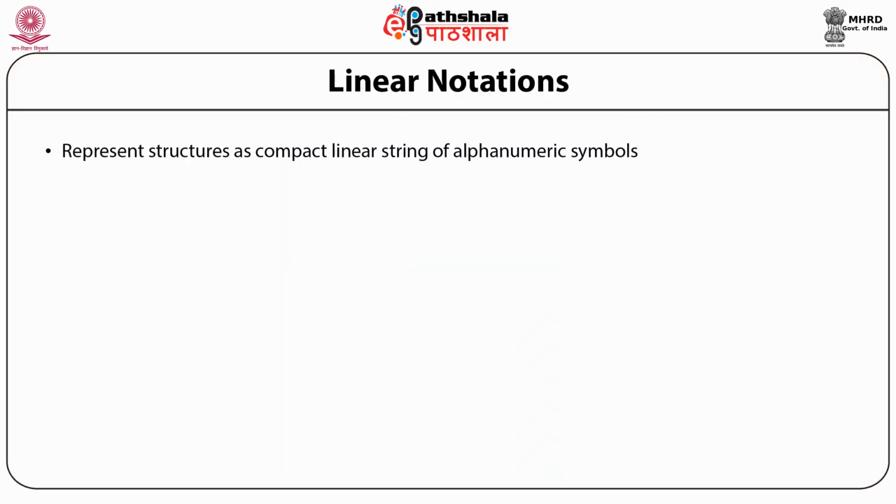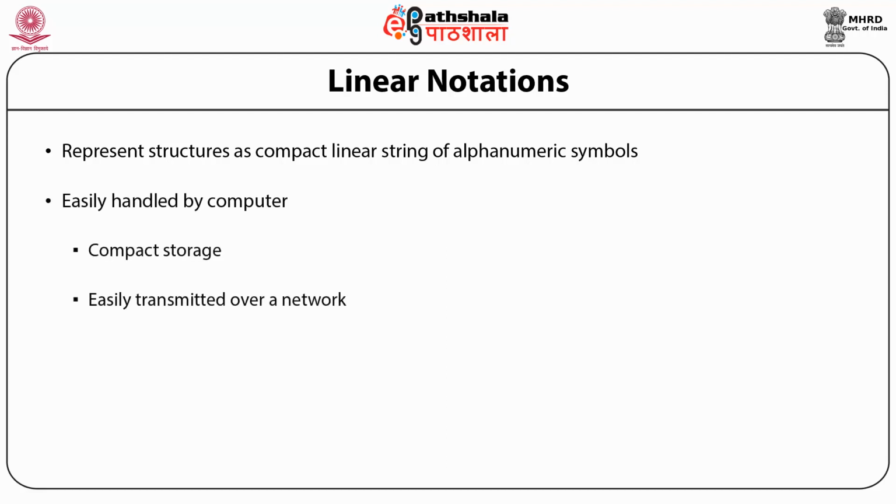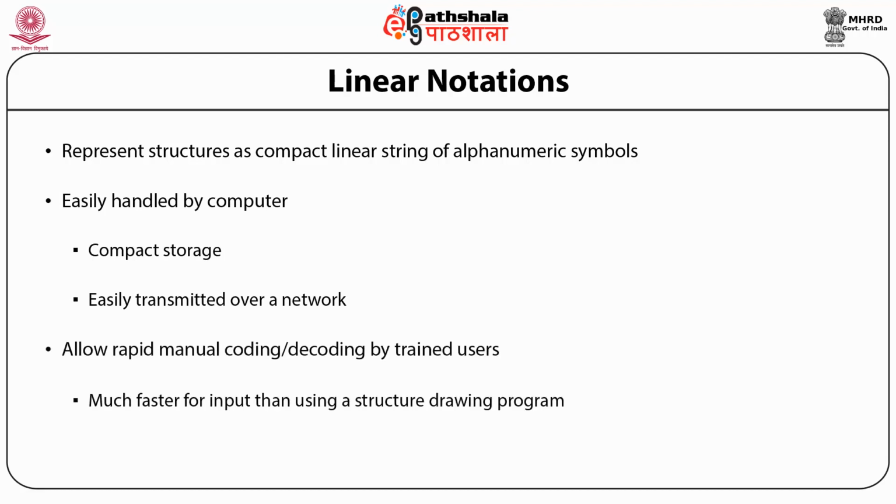Next, we talk about linear notation. In the previous module I referred to WLN. Here I would talk about how simplified WLN, with much fewer rules or rather less chemical information taken, and new line notations have come up. Line notations are very useful. The reason is they are alphanumeric symbols, so they can be handled very simply by computer. Also, they can be stored very quickly and searched very quickly, and that's why they have been used.